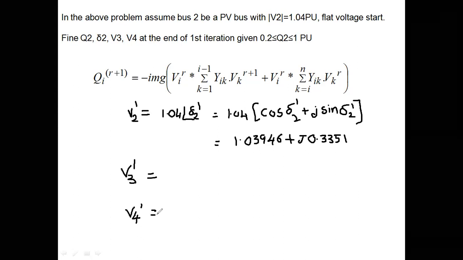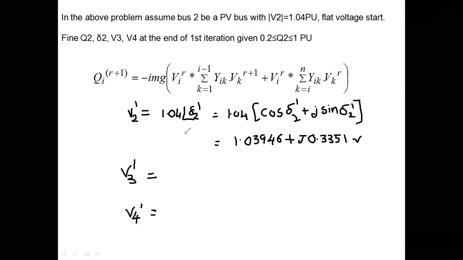But in this case, the PQ bus has been transformed to a PV bus. So whenever it is transformed to a PV bus, obviously the specified parameters are also going to change. So in this case, Q2 and delta 2 are the unspecified parameters at the second bus, and have to be determined by using the Gauss-Seidel method at the end of first Gauss iteration. So later we can obtain V2, that means the second bus voltage at the end of first Gauss iteration, with the updated values of the phase angles. Obviously we are getting this one.